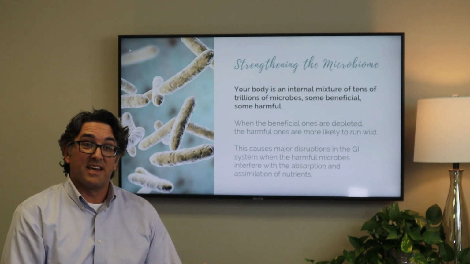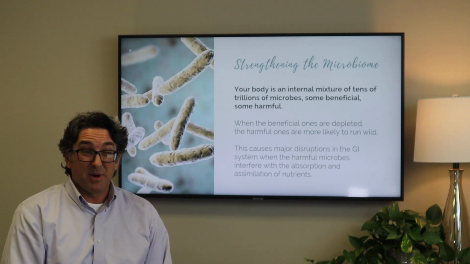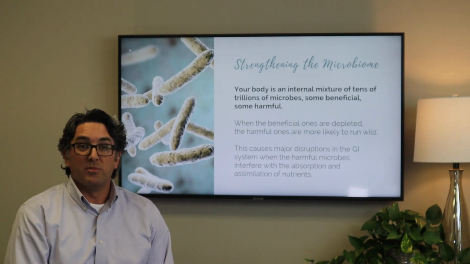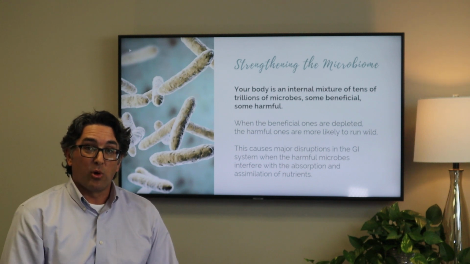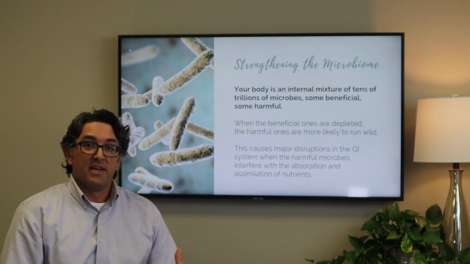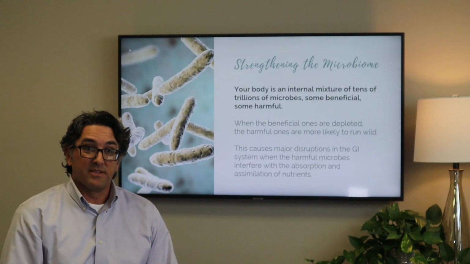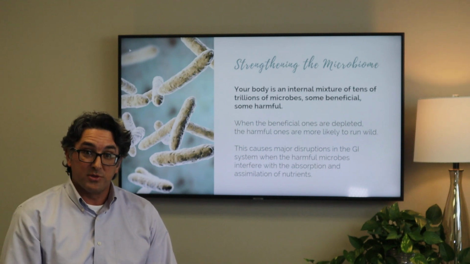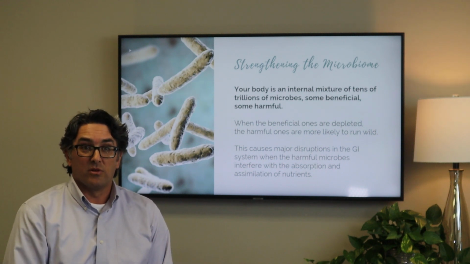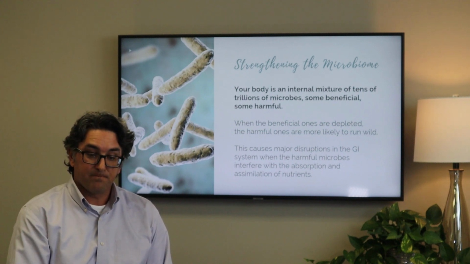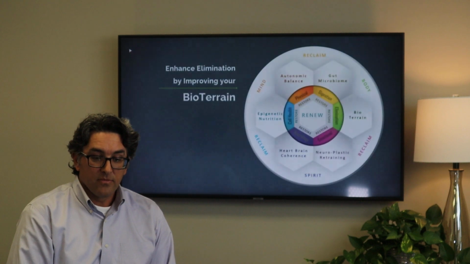Many will actually say that the GI tract and any problems that occur in the GI tract are the major cause of illnesses, especially chronic illnesses and autoimmune diseases. So it's really important that we correct this area and cultivate an environment where good bacteria, good microbes, good cells will occur in the body. And of course, get rid of the harmful ones as much as possible.